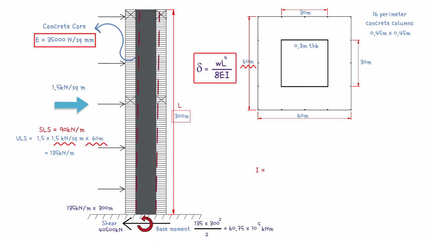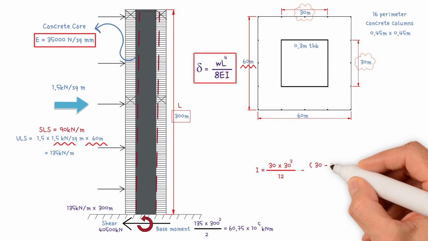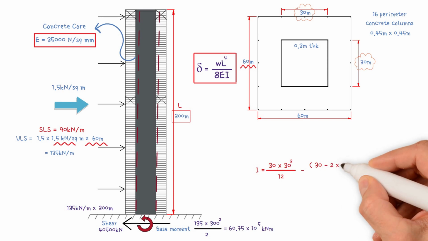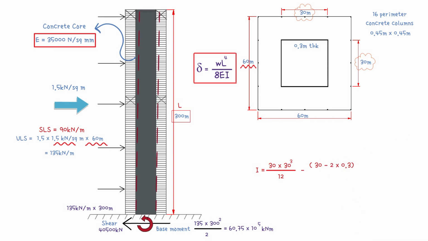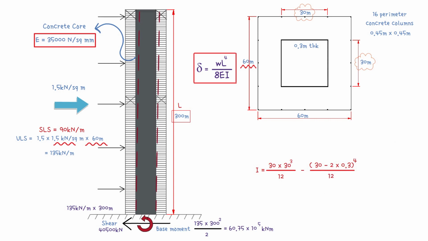I is the second moment of area of the central concrete core, calculated in the same way as that of a hollow rectangular cross-section. 30 meters, times 30 meters to the power of 3, divided by 12, minus, open bracket, 30 meters, minus, 2 times wall thickness, 0.3 meters, close bracket, to the power of 4, divided by 12. This gives a value of